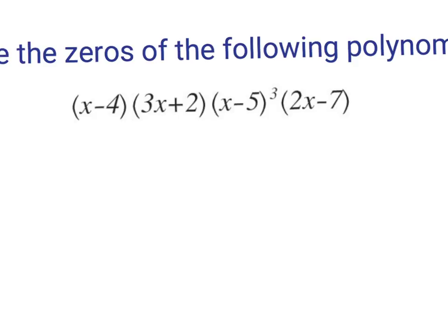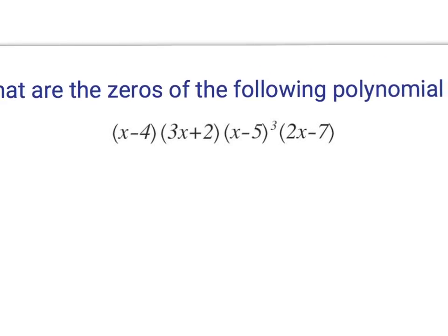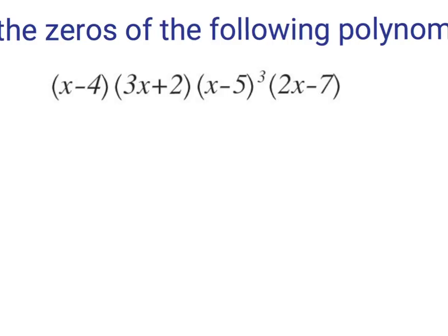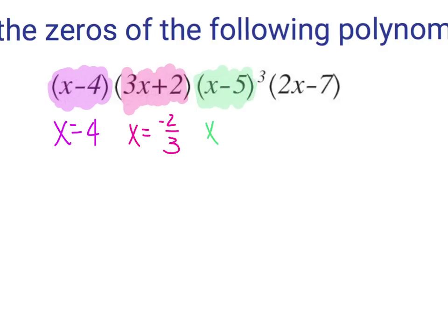x minus 4 times 3x plus 2 times x minus 5 to the 3rd times 2x minus 7. So first question is, what are the zeros of the polynomial? That's the first thing we need to know. Well, that's easy. If my factor is x minus 4, my first zero is 4. If my factor is 3x plus 2, my next zero is negative 2/3. If my third factor is x minus 5, then my zero is x equals 5. And then for my final one, 2x minus 7,